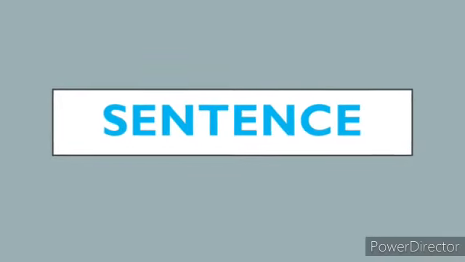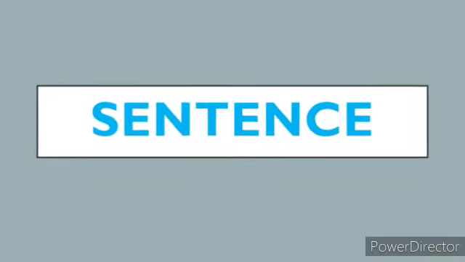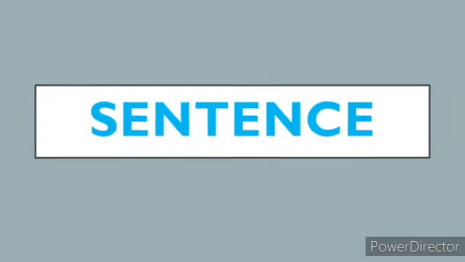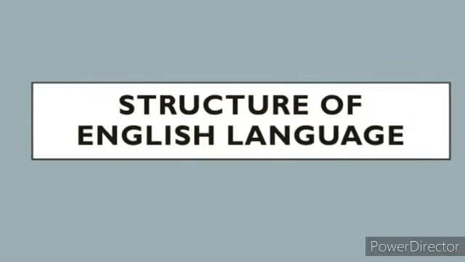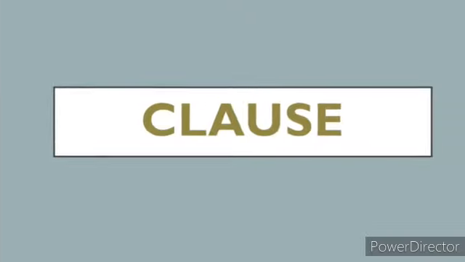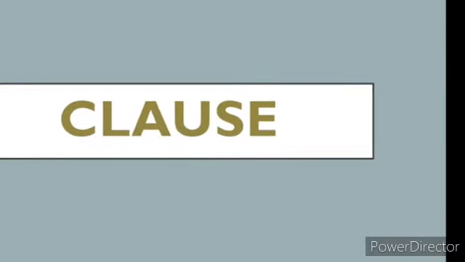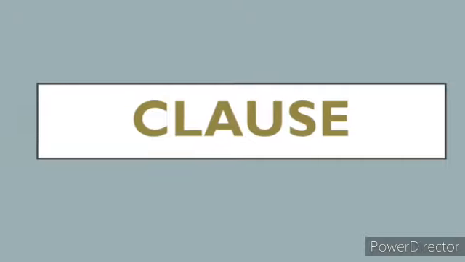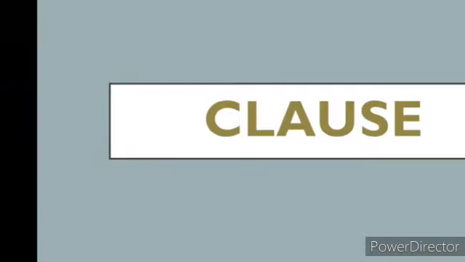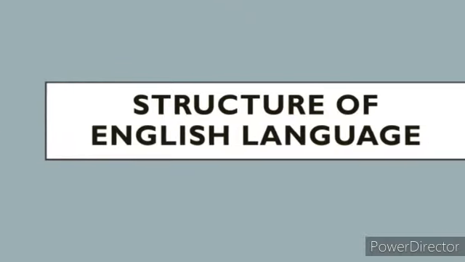A long sentence can consist of more than one main verb. The sentence that contains more than one main verb can be divided into clauses. Clauses are of 2 kinds, main clause and subordinate clause. A main clause can stand by itself, whereas a subordinate does not. For example, the sentence, when I went to see him, he was writing a letter, consists of 2 clauses.